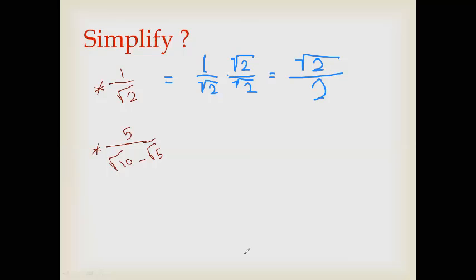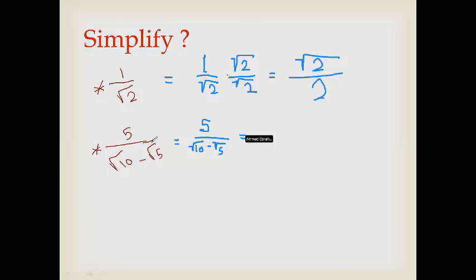Number 2. The second one, we also know that radicals are not allowed in the denominator, so we would multiply by itself in the numerator and the denominator. But we have a minus here, so we will use the conjugate method to solve the problem. So 5 over root 10 minus root 5